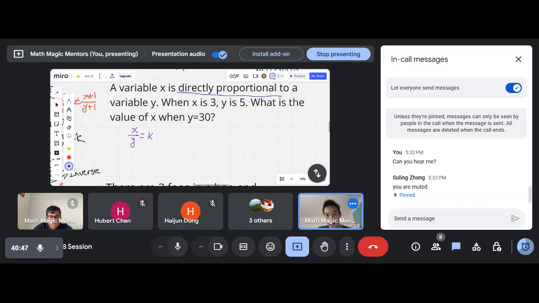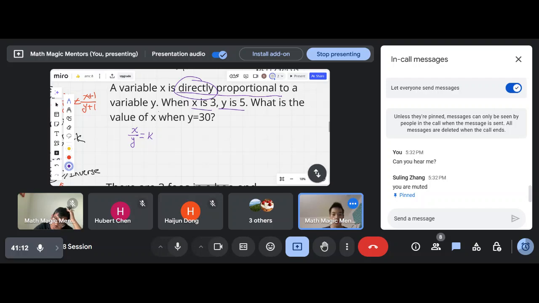So in this case, because we're dealing with direct proportion, we must have a constant quotient of x and y. So this k must be constant. So we can use that fact, as well as the values given here, to get our value of x